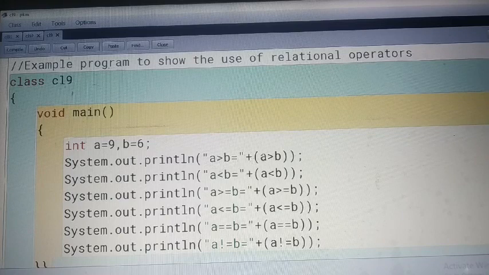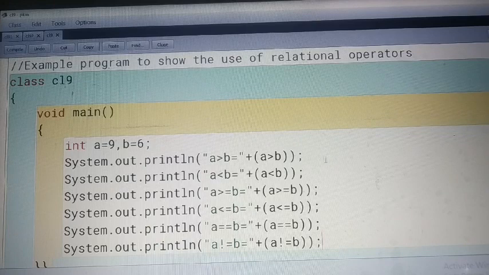After that, you will see this part, which contains a, already defined as 9. So 9 is compared with b: 9 is greater than 6. So what will be the output? True.